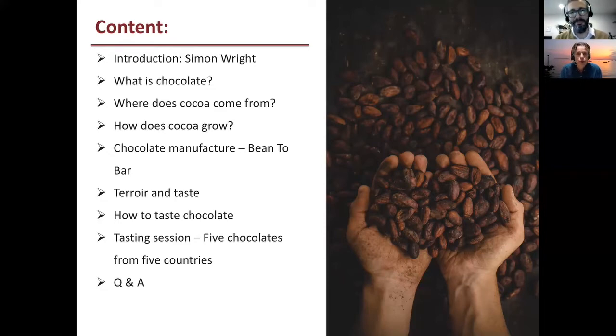If you haven't gone out and bought the 5 Sainsbury's bars I recommended, please do stay with us, stay on the session, because you can always go and pick up the bars and then watch the session again at a later date. So don't worry if you haven't got the 5 chocolate bars, but obviously it's going to be more fun if you have.